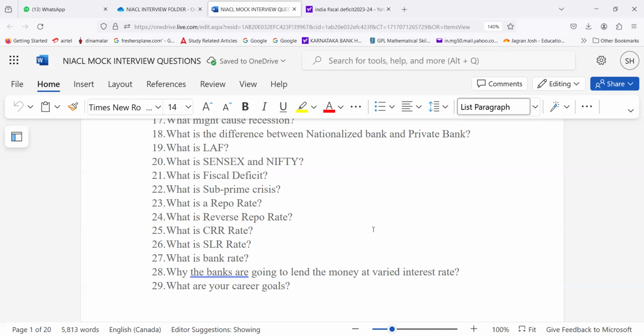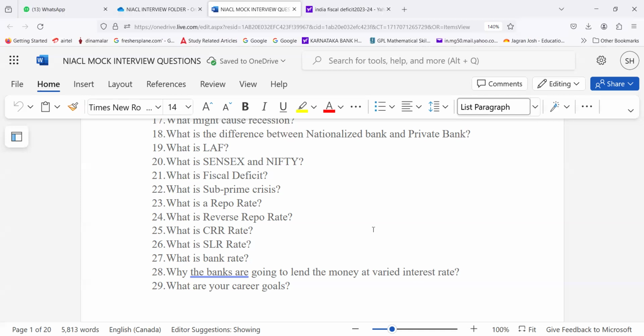Could you follow these points? Yes, sir. At present, the rate is 4.5%. This balance is to be kept in the current account of the bank with RBI. Same way, there is one more rate known as SLR. What is SLR? Statutory liquidity ratio. The present rate is